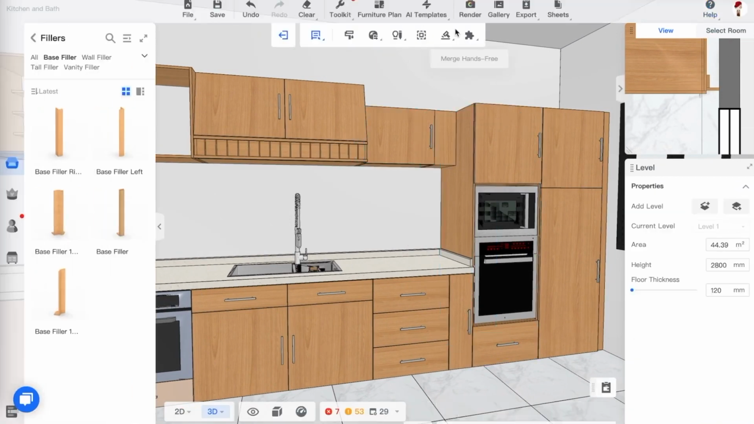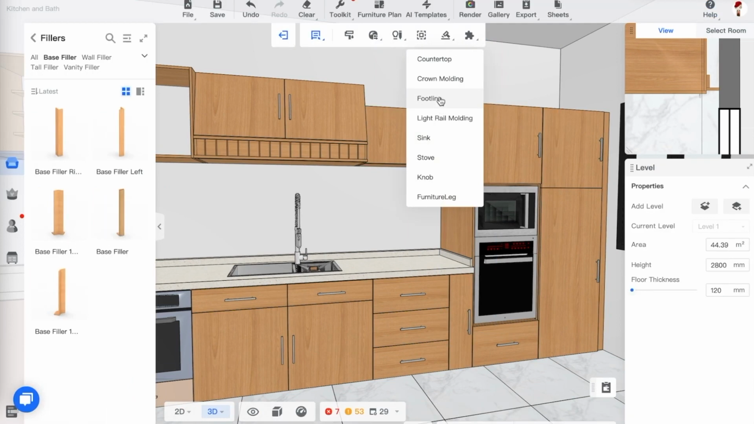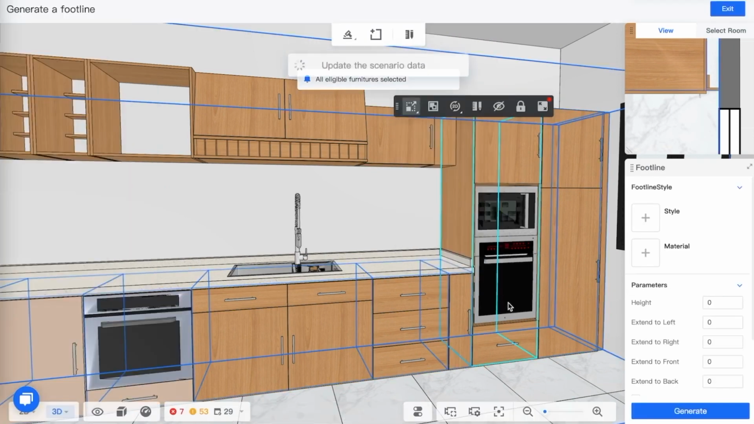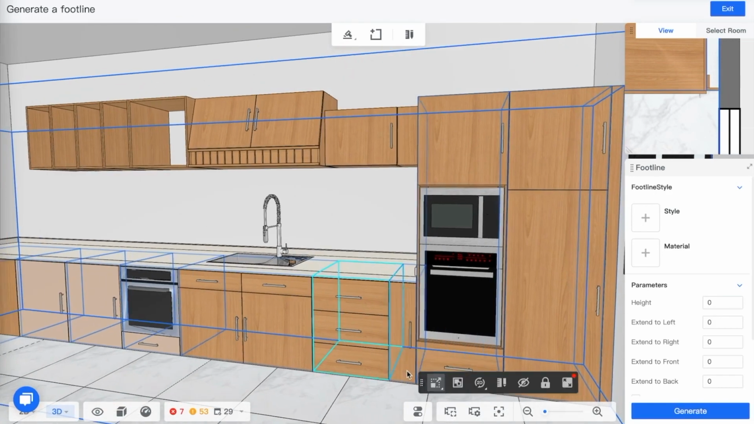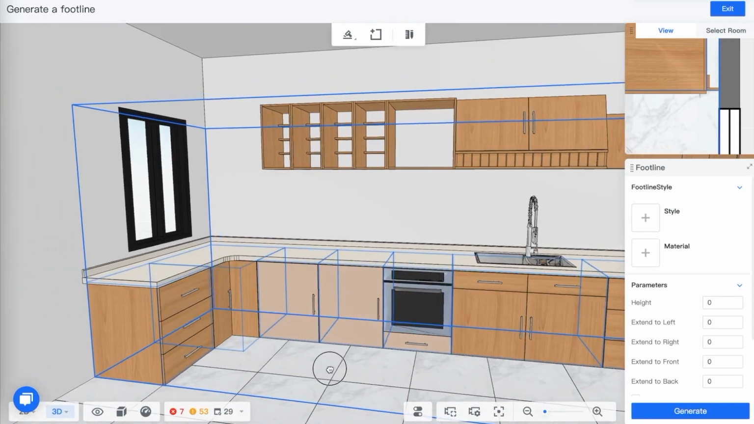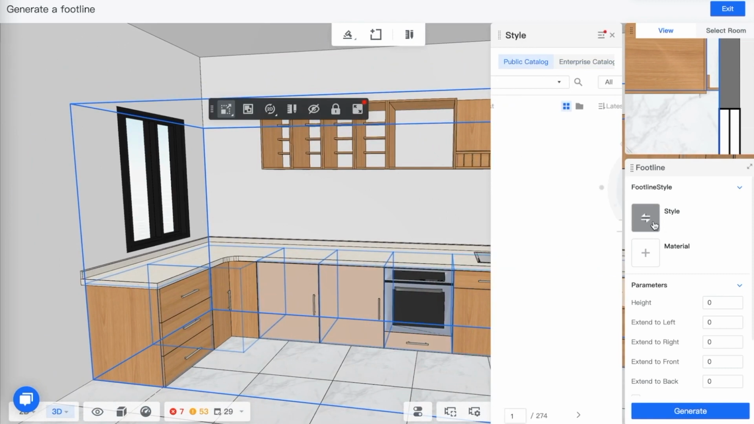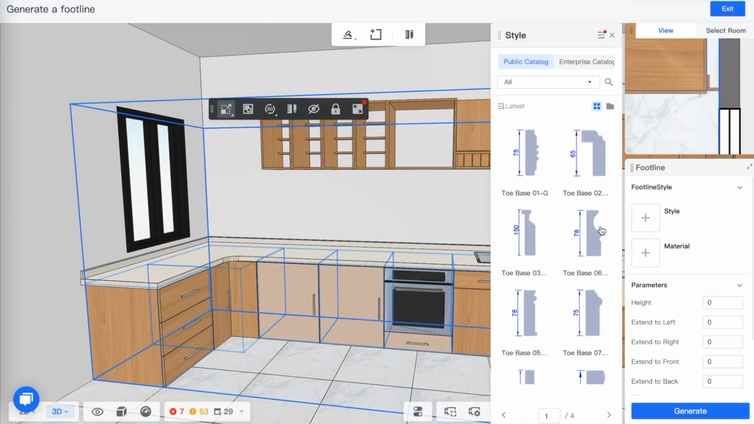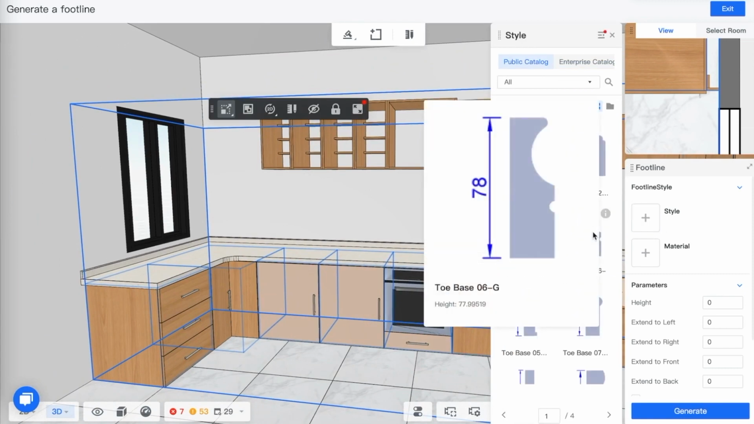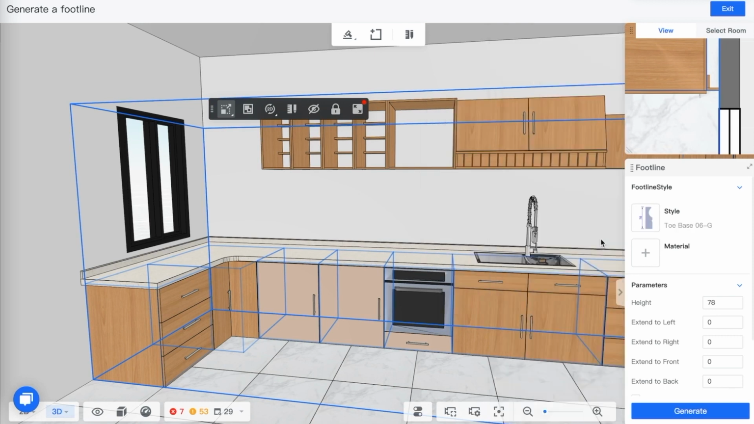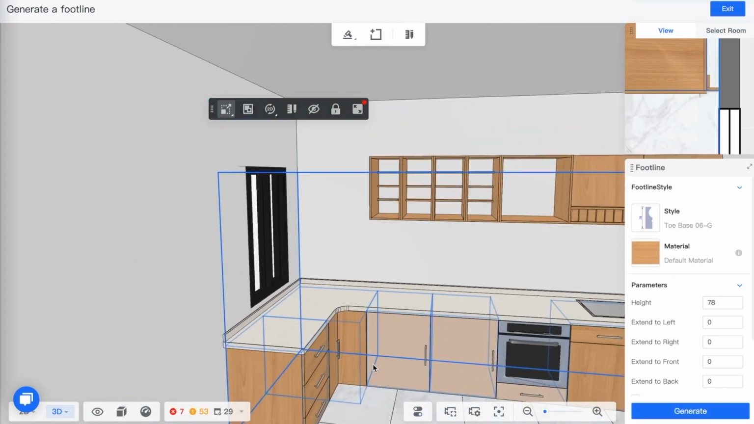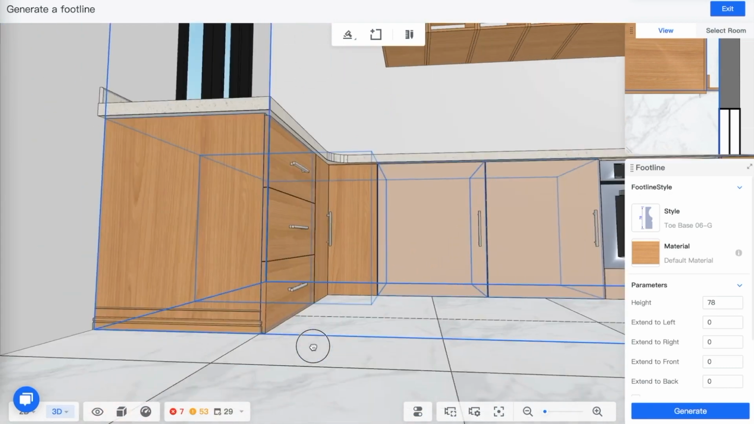Let's exit out too. Let's do a foot line. And you can see it's automatically selected all the base cabinetry for us. Let's select a style. Let's do this one, top base. Let's do this profile. Select the same wood material. Let's generate. And if you look at it down here, if you look at the profile of this,